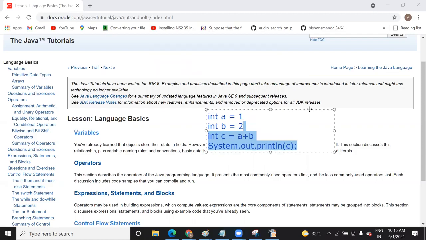And in Java we usually talk about objects. I will explain this when I start the OOP concept, then it will be more clear to you. OOP means an object holds a variable and a value.